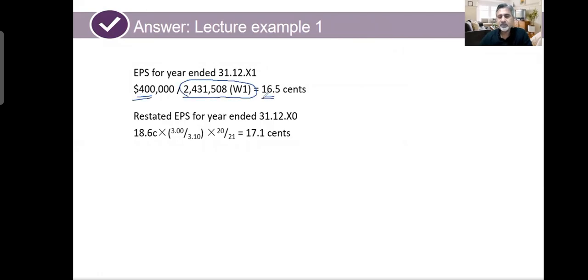Once you get this number, then you had last year 18.5 or something. You will multiply it with the bonus factor, the reciprocal. So let's first see how to get this 2431. This would be interesting. The bonus factor would be easy. So 400,000